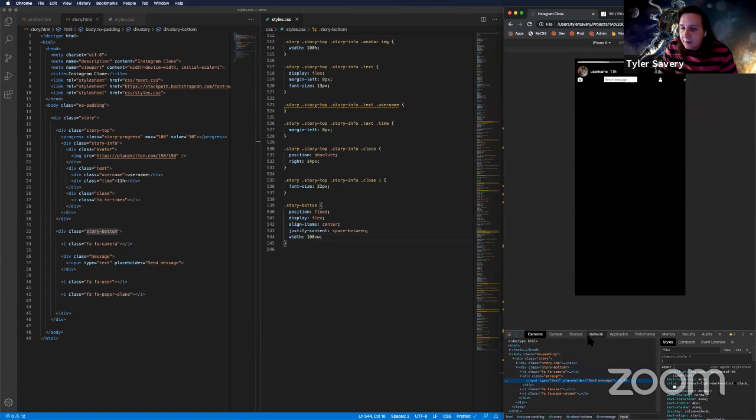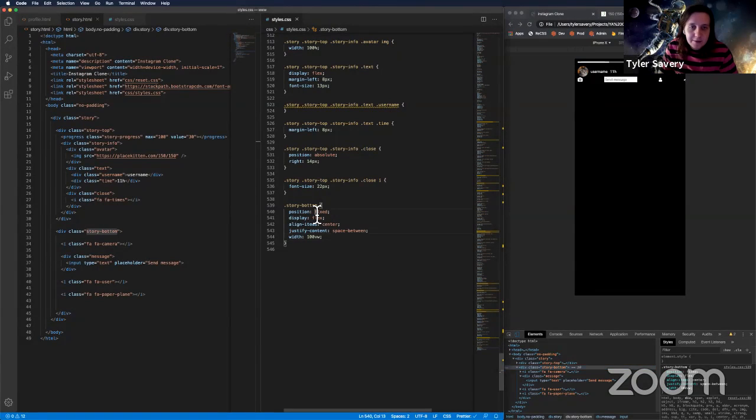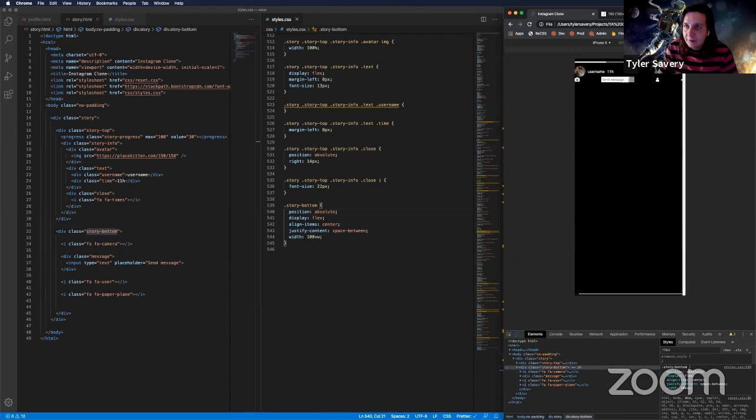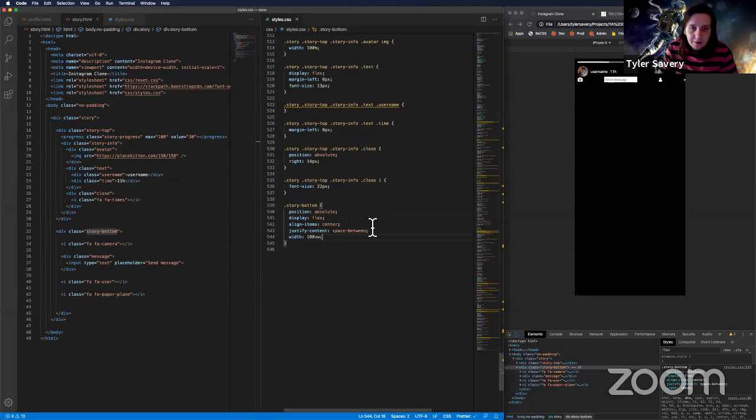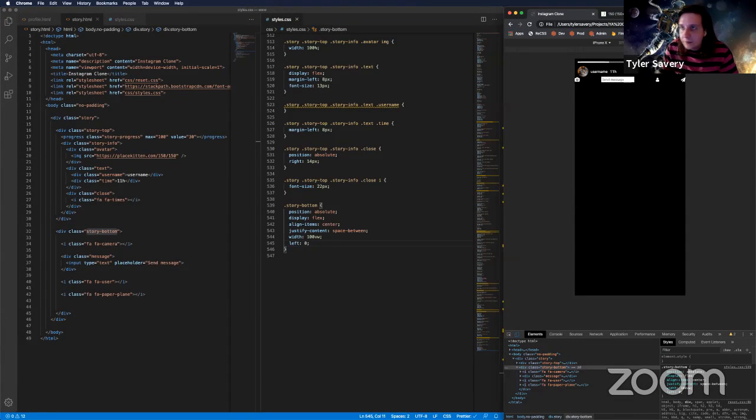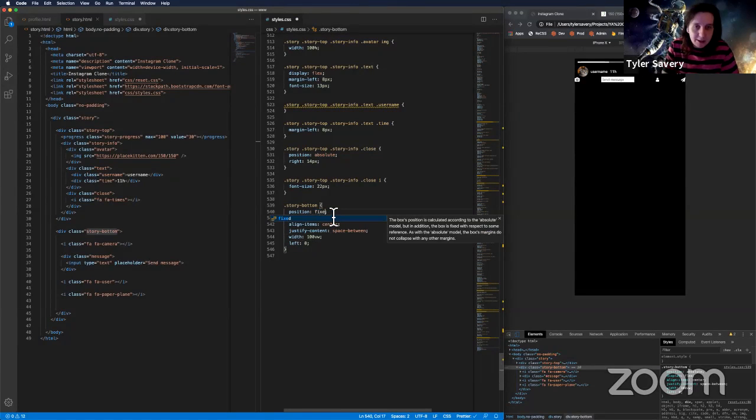Now, why is this box story bottom? Could be. I'm gonna change this to absolute instead of. That's why. Okay, so we can put this back to how it was. I realize we're doing 100%,